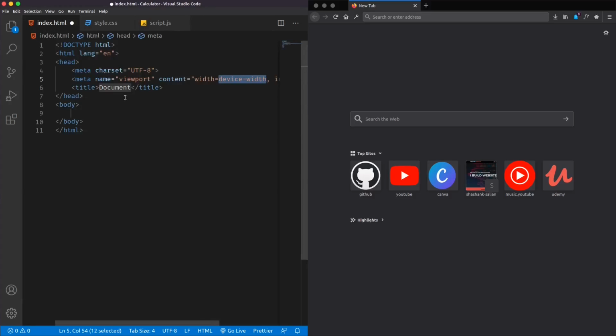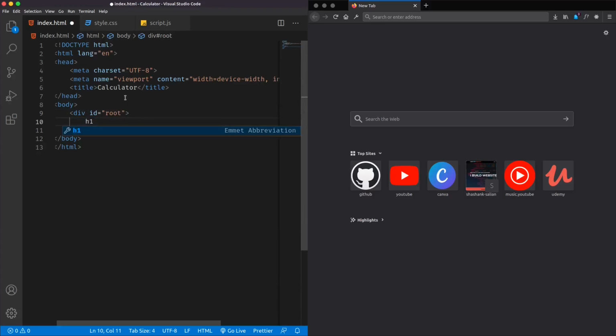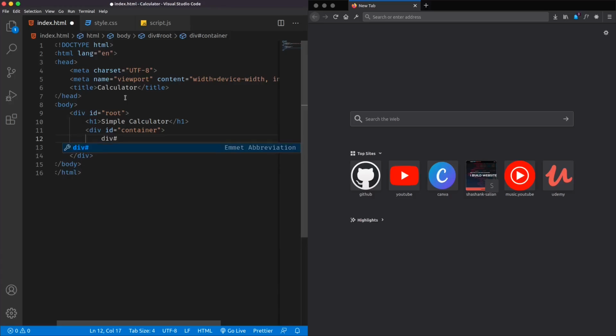I'll create a boilerplate and give it a title of calculator, and I'll create a div with the ID of root, and let's give it a heading of simple calculator, and let's create a div with another ID container and another div with the ID of results container,